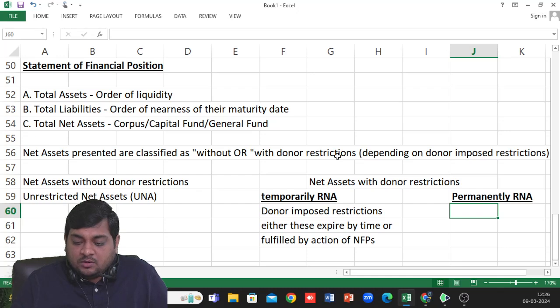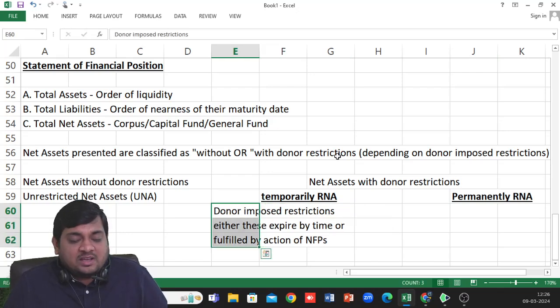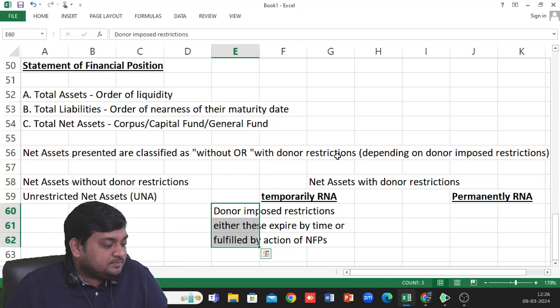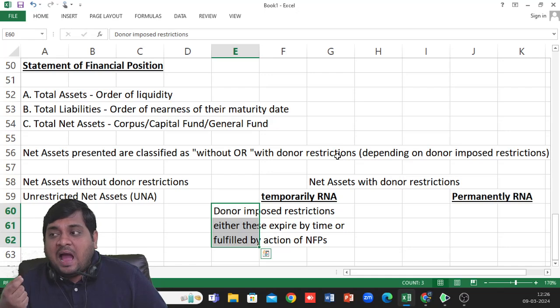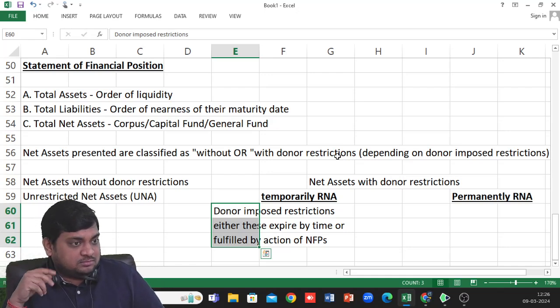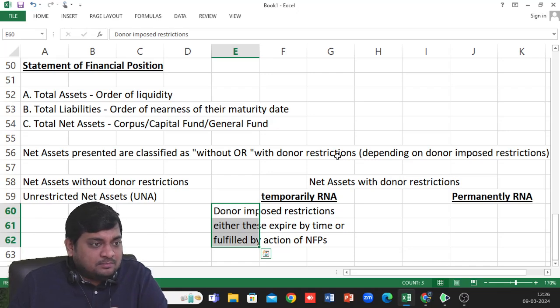Right? So these are some donor imposed restrictions. Donor might tell, okay, fine, after 2 years you can spend it. Or you can spend it only for cancer research. Or you can spend it for buying an eye equipment testing machine. Right? So either it expires by time or for the purpose for which it has been utilized,